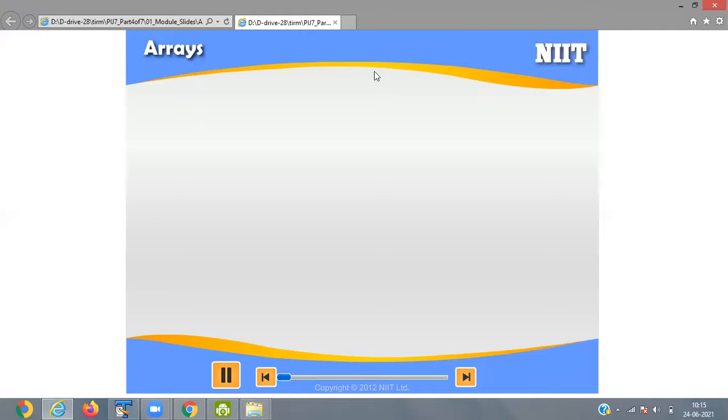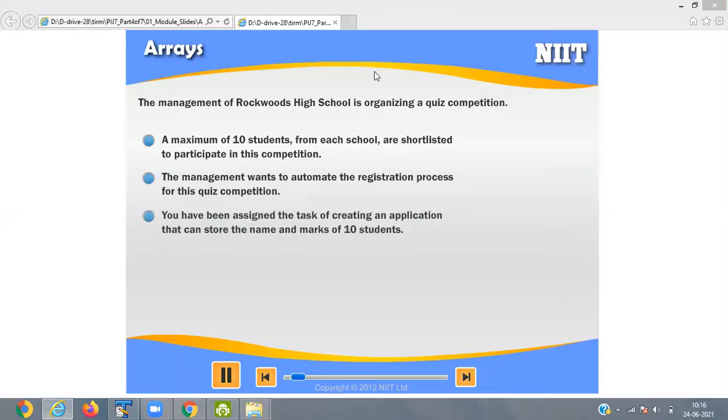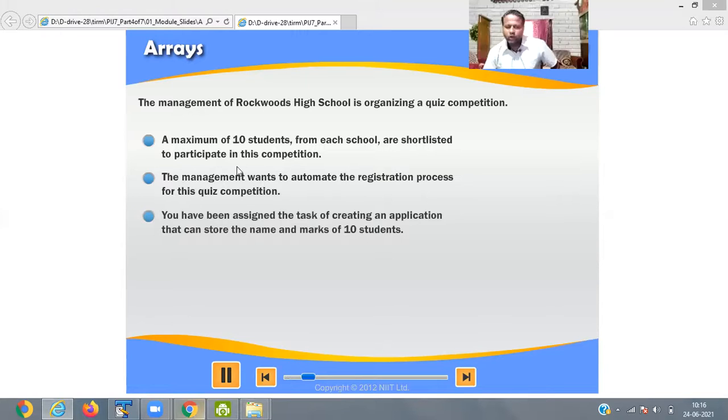The management of Rockwood High School is organizing a quiz competition. A maximum of 10 students from each school are shortlisted to participate in the competition. So 10 students for each school.